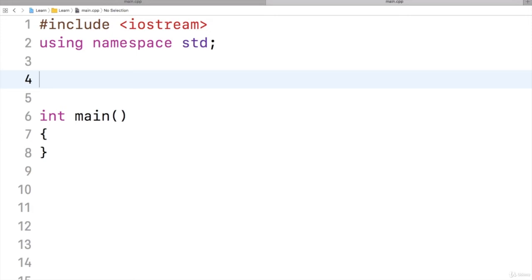Let us look at an example of operator overloading. Here I will take a class for complex numbers and I will overload the addition operator. For that, first of all, I will write a function for adding, then I will overload. So let us write a class